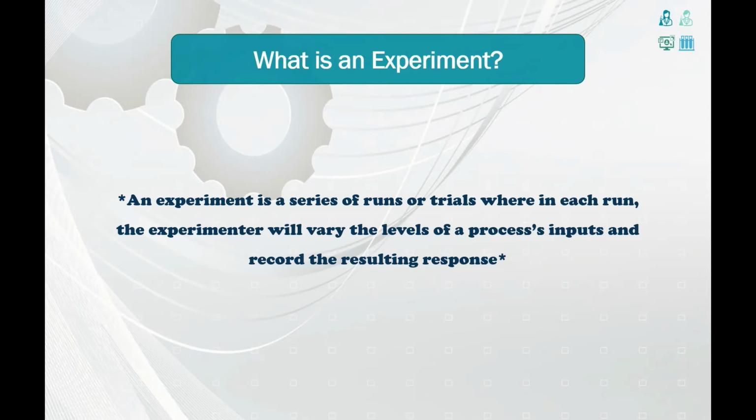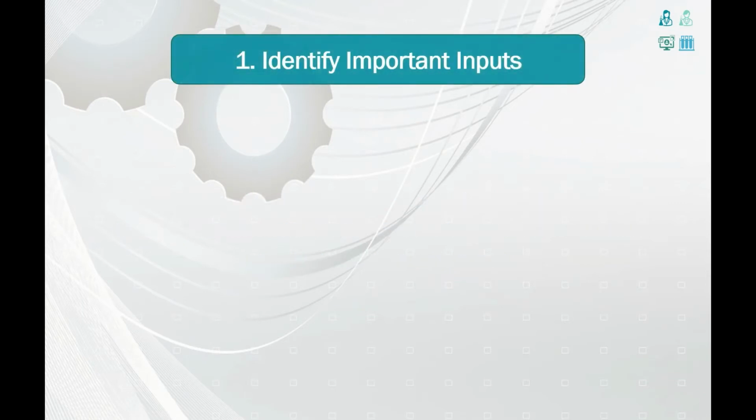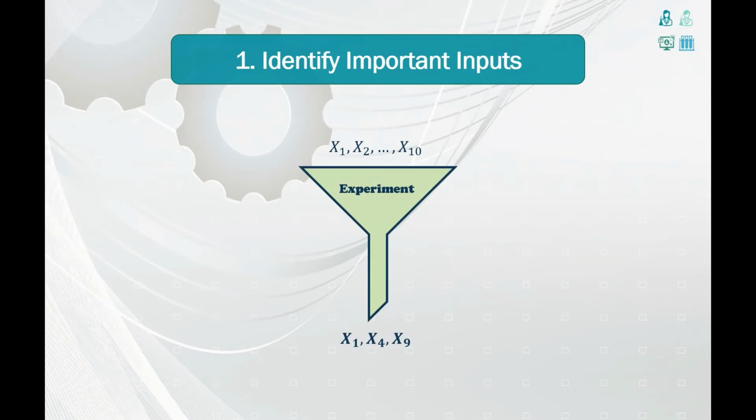So, what are the potential things that an experimenter would be interested in learning about a process? Well, in carrying out an experiment, the experimenter can learn which input factors are significant in influencing the process response. In any process, a particular response is controlled only by a few dominant factors out of a pool of several input variables. Knowing what these factors are allows the experimenter to control the response and hence the way that the process operates.